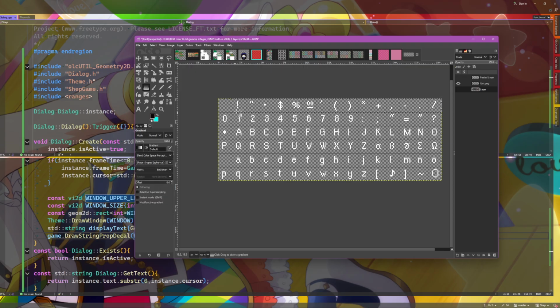Make it shaped. And I want to let me. Wrong layer. There we go. What? Oh, there we go.